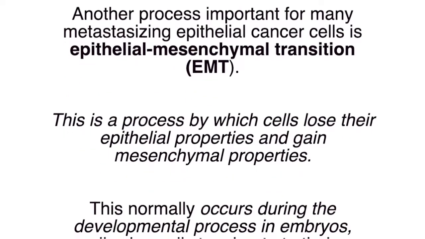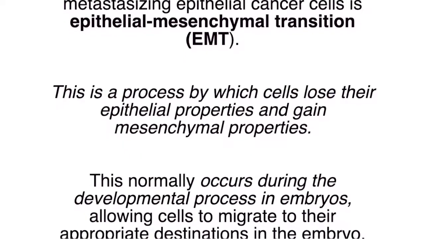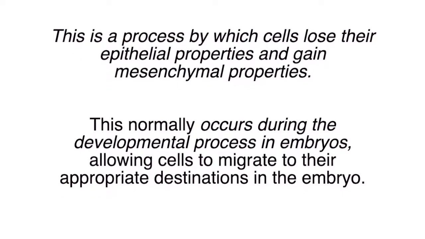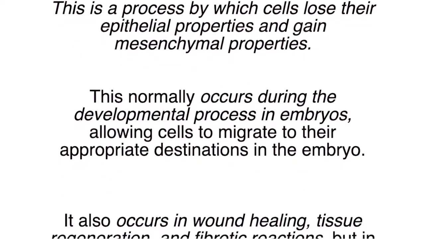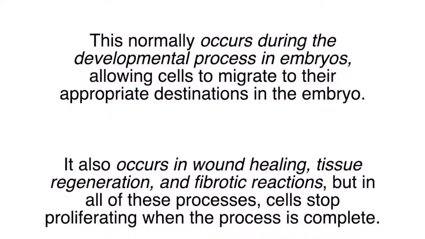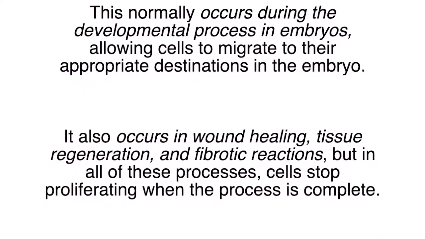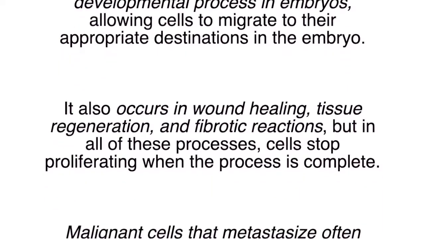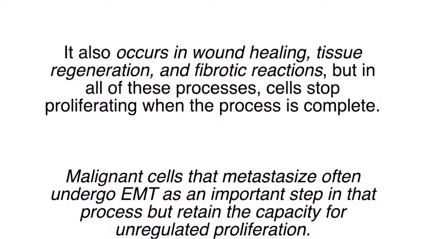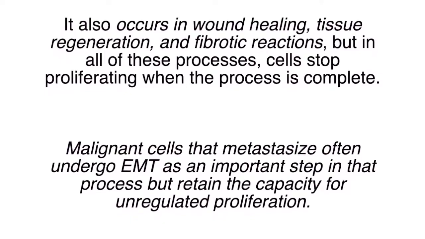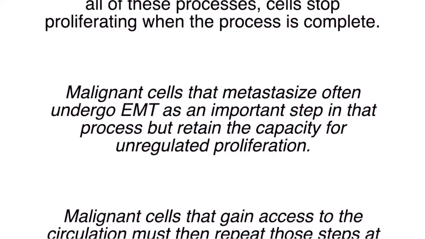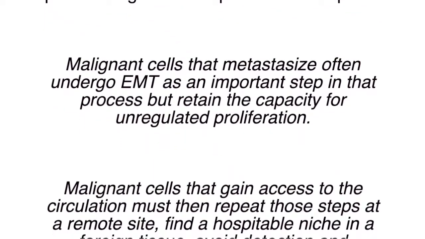This normally occurs during the development process in embryos, allowing cells to migrate to their appropriate destinations in the embryo. It also occurs in wound healing, tissue regeneration, and fibrotic reactions. But in all of these processes, cells stop proliferating when the process is complete. Malignant cells that metastasize often undergo EMT as an important step in that process, but retain the capacity for unregulated